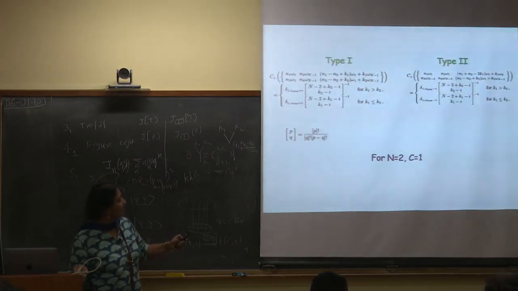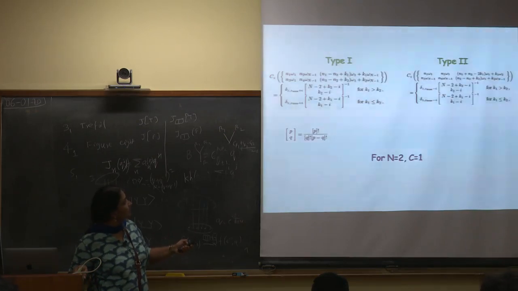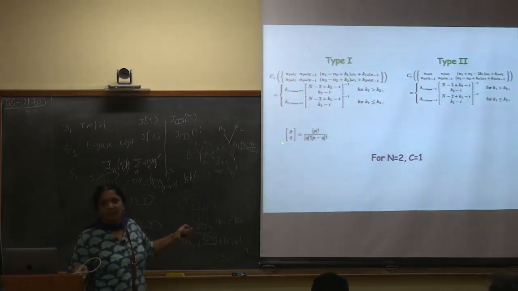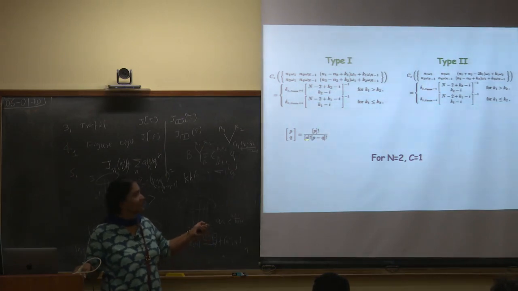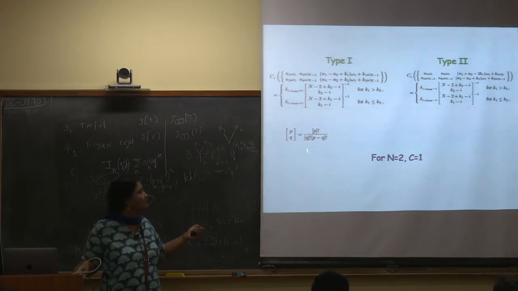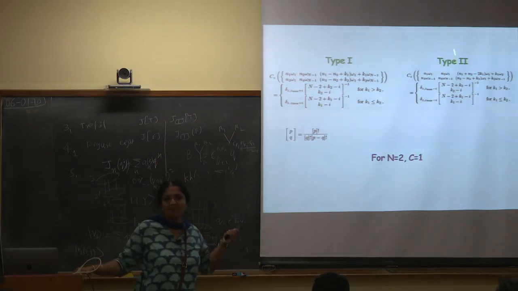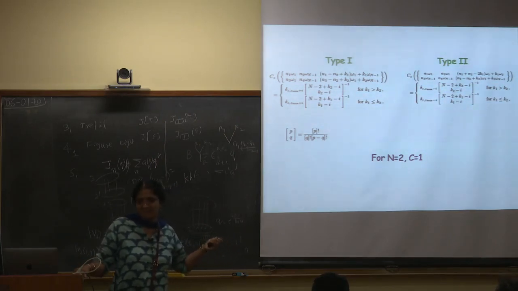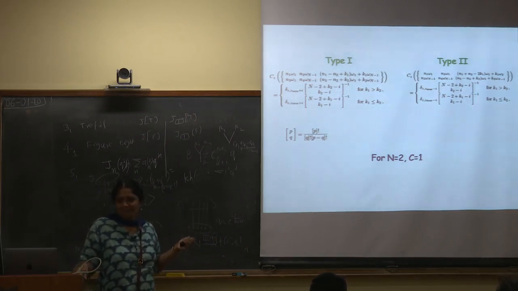You can see that there is a CZ coefficient, and that CZ coefficient is for type 1 and type 2. After looking at a couple of symmetric representations, we kind of guessed that it should be this, and we checked some more symmetric representations. It's still a conjecture. There is no proof here. One of the things we have been trying to do is to see whether it can be written as a Q hypergeometric series. That's not happening, but if that happens, at least we will get some insight for other representations.